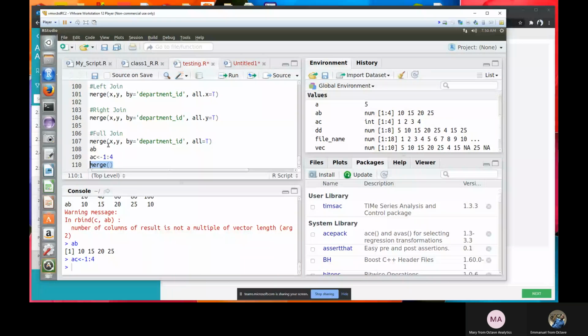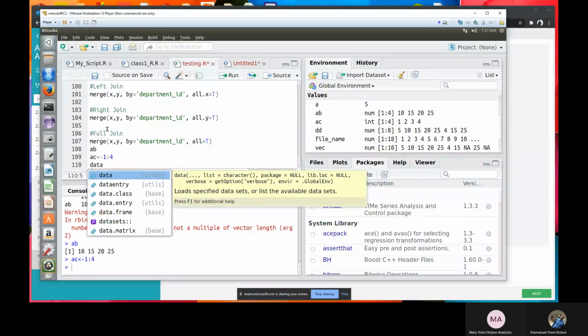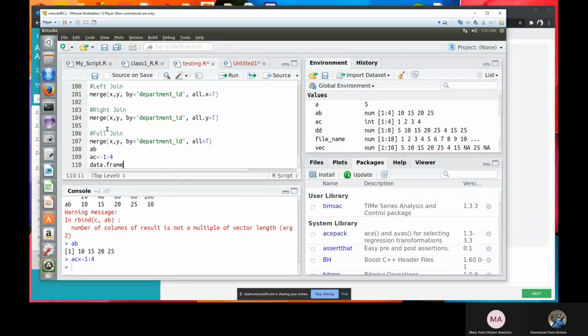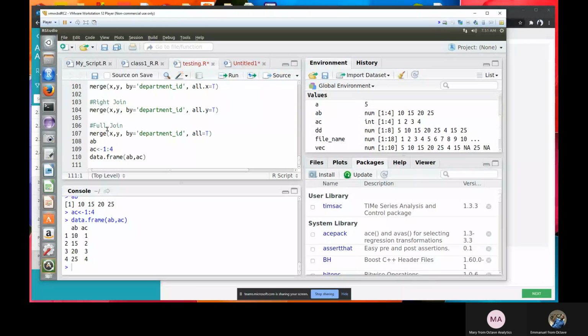I'll just say data.frame of AB, comma AC. Now if I run this, you can see it has been converted to a data frame automatically using the two vectors. I have just arranged it automatically.